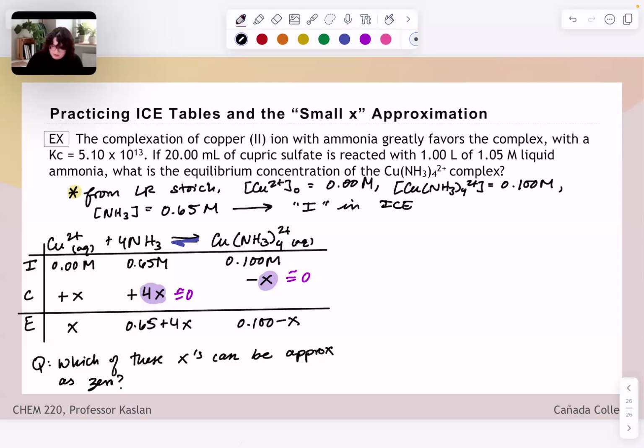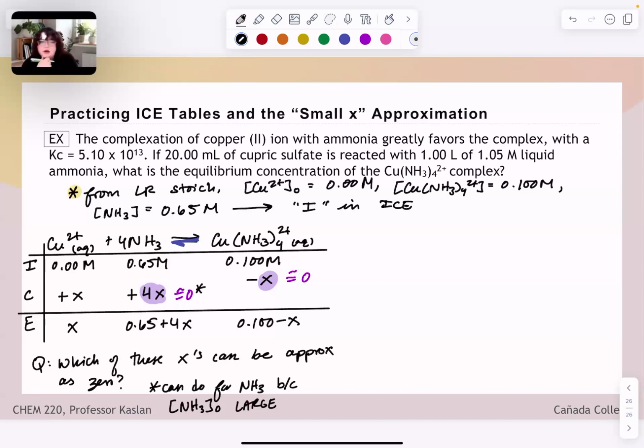And I'm going to just make a note here. We can only do this for the ammonia because the concentration of ammonia initially is pretty dang large, right? We had a huge amount of excess. So that means that we can knock out this and this, leaving our equilibrium calculation to be K is equal to